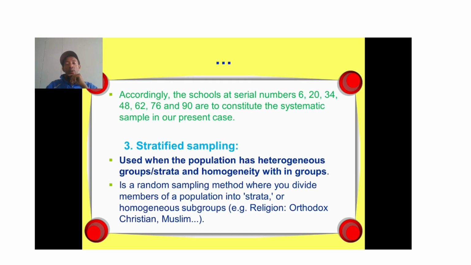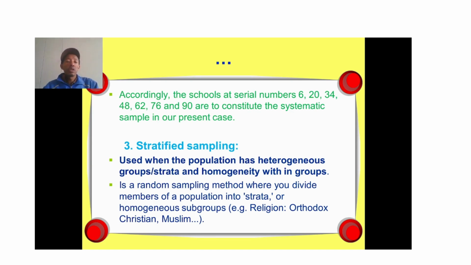So accordingly, schools starting from this number, for instance, 6, 20 (6 plus 14), 34 (20 plus 14), and so on, are selected. 1, 2, 3, 4, 5, 6, 7 elements or schools will constitute the systematic sample in our present case. Therefore, we also select the final subjects from these schools. This is systematic sampling. So the third one is this stratified sampling, used when population has heterogeneous groups or strata